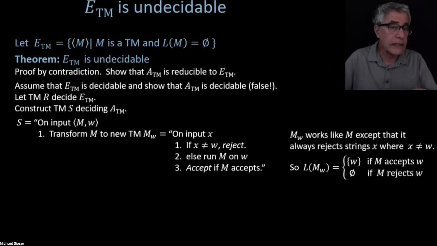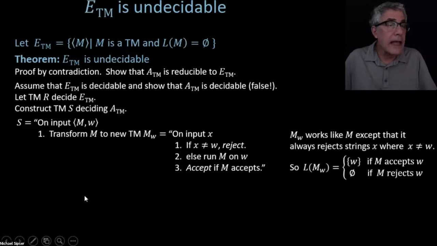It's just like M, except filtering out all of the inputs which are not W. Those are going to be automatically rejected. Now, it's also important that S be able to make this transformation. But I claim that, you'll have to accept this if you don't totally see it, but the